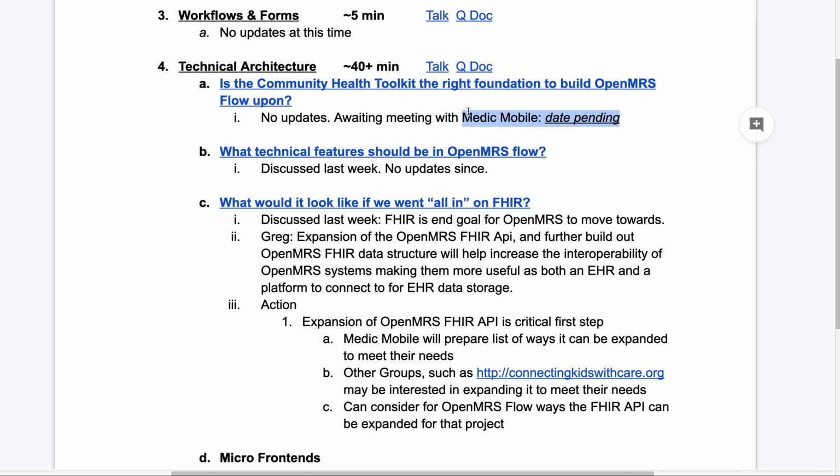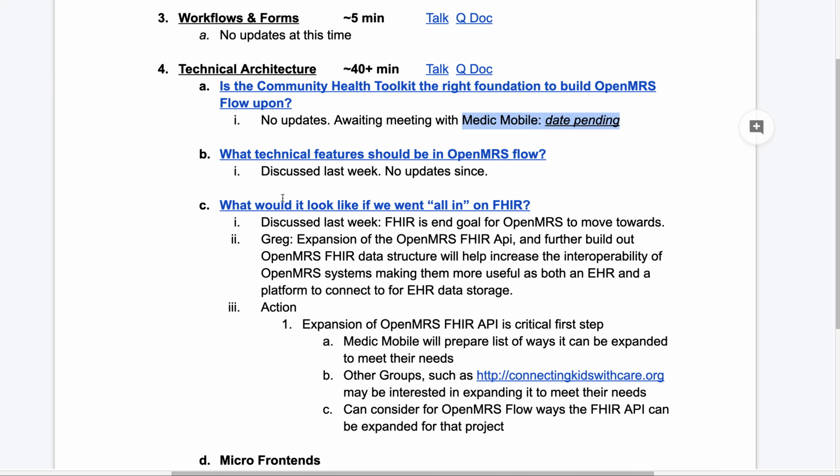And if that may not be technologically possible, is to at least understand the best practices that they've designed in the development of their technology toolkit, which we might be able to use in building one which would apply for OpenMRS here. Most of the conversation, though, in the last week has been around